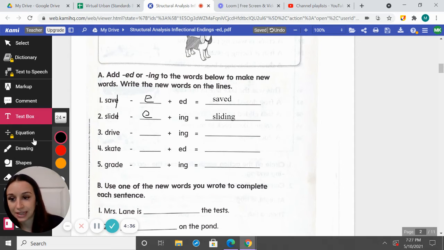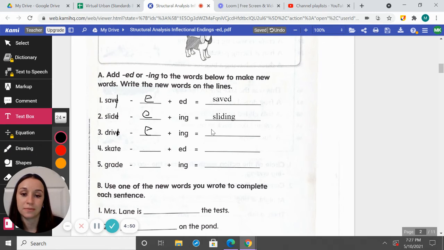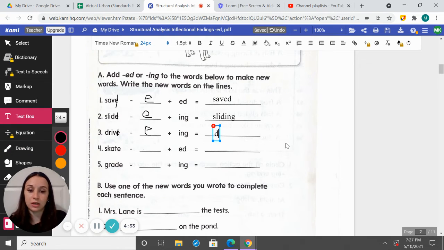Drive has that silent E. So that means in order to make it show us happening right now, we need to drop that E and add that ing. So D-R-I-V, we dropped that E, I-N-G. All right,